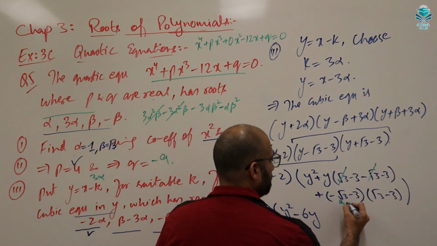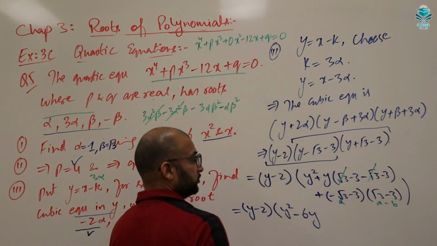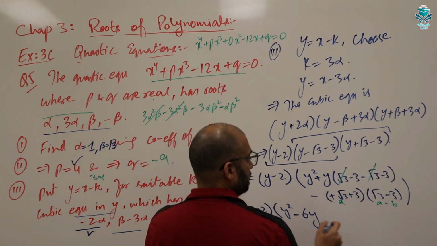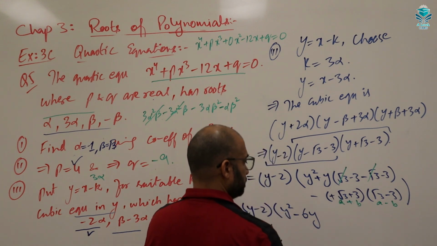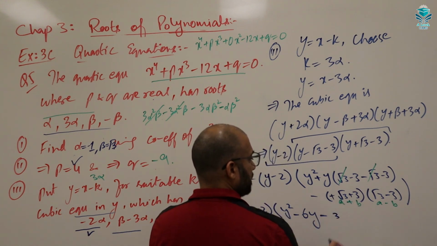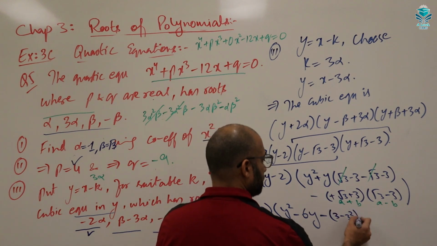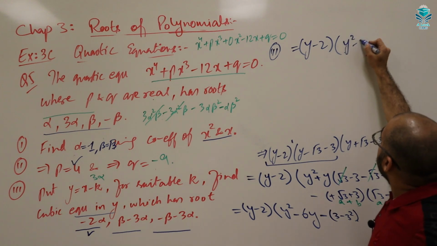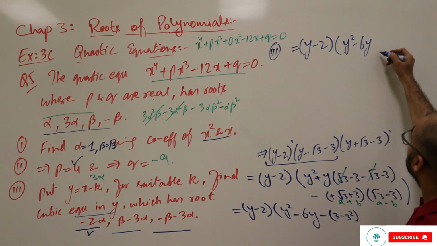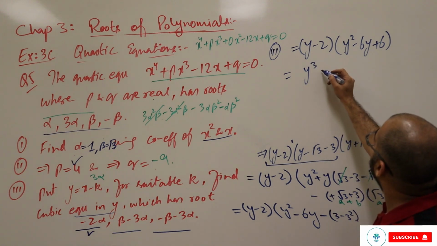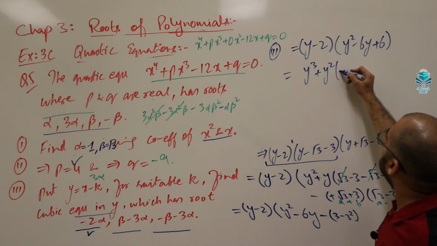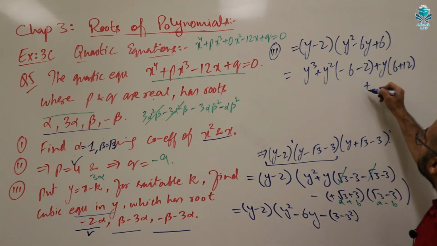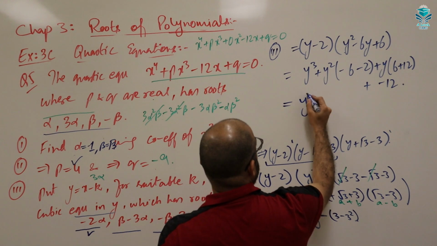It is a minus b, and if you take minus common here, you have a plus b and a minus b. So you can write it as a square minus b square. Understand? You can rewrite, and simplification gives us